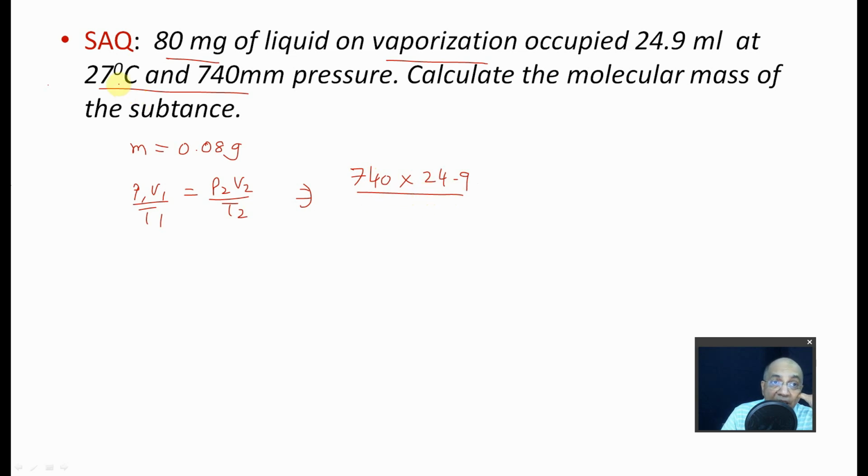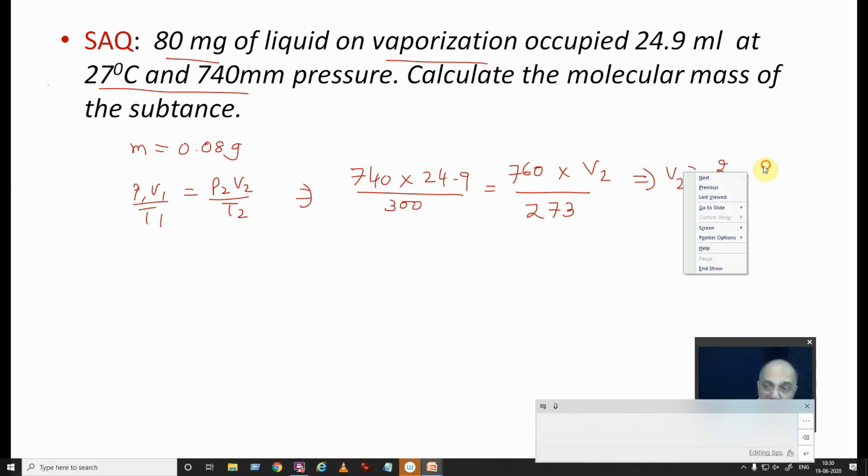But the Celsius has to be converted to Kelvin: 27 plus 273 is 300. P2 is normal pressure, 760. Volume is what we are going to find, and the temperature is 273, normal standard temperature. So from here I got V2 is equal to 22 point, you will do on your own,